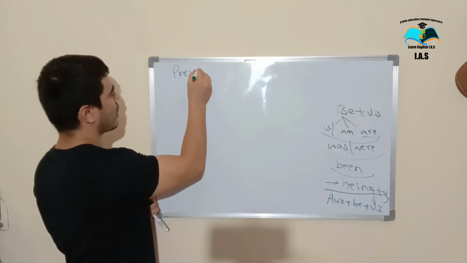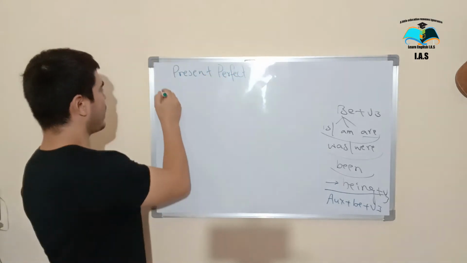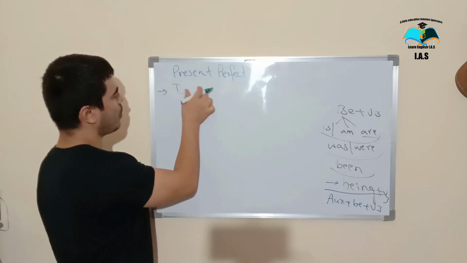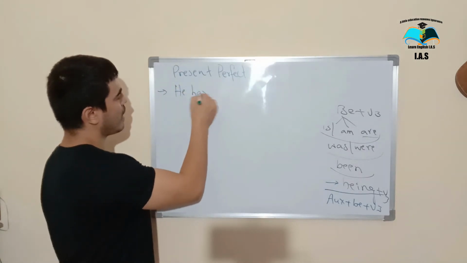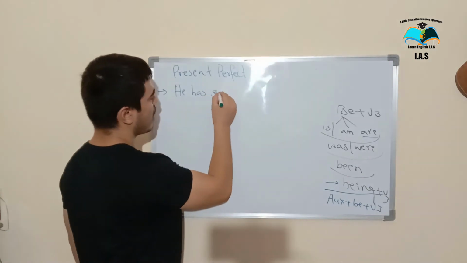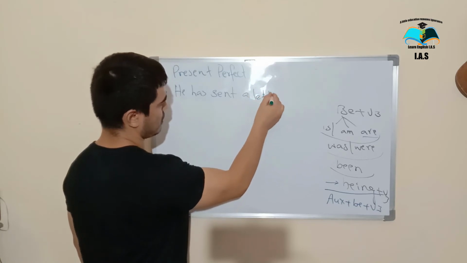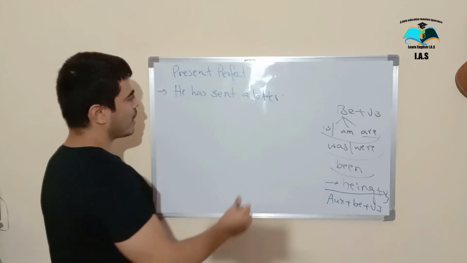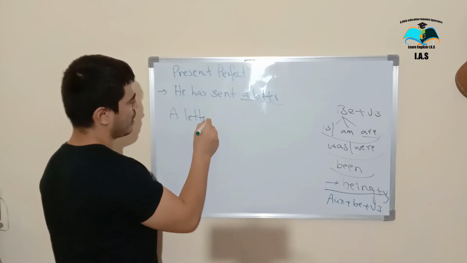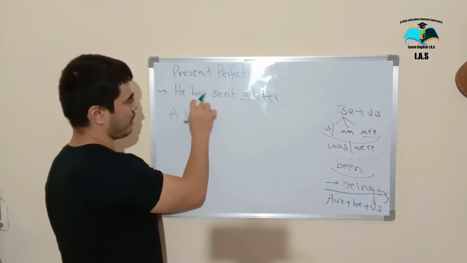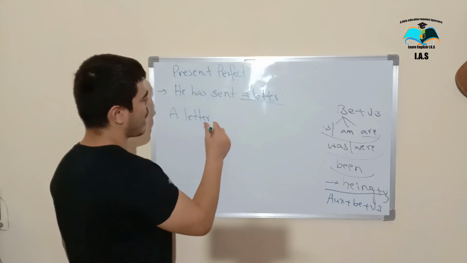Now let's talk about present perfect, right? Present perfect. Example. Let's follow the previous sentences. He has sent a letter, right? He has sent a letter. Now this comes first, as I told you before. A letter, because of the subject, we are choosing our auxiliary. You can use have if it is plural. Otherwise, you can use has. A letter has